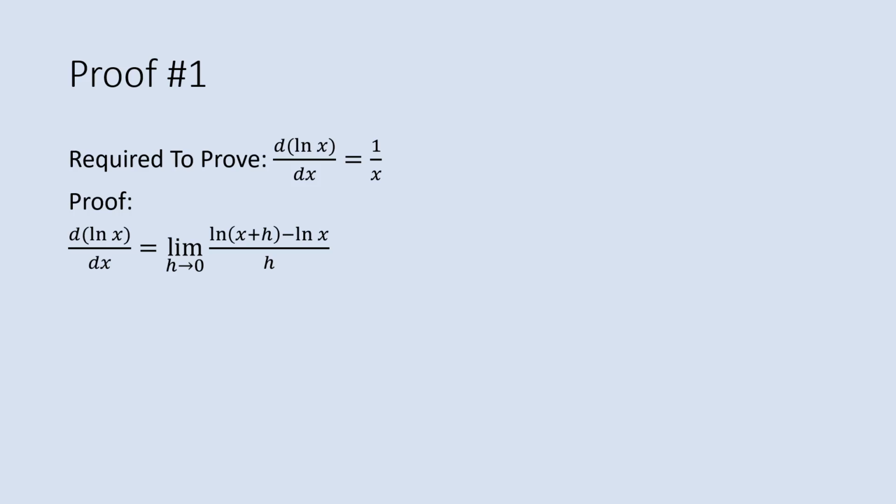In the first proof, we're going to prove that the derivative of ln x with respect to x is 1 over x. To do that, we'll begin by using the definition of derivatives. The derivative of ln x with respect to x, by definition, is the limit as h goes to 0 of f of x plus h minus f of x all over h. So in this case, that means ln of x plus h minus ln of x all over h. Now,